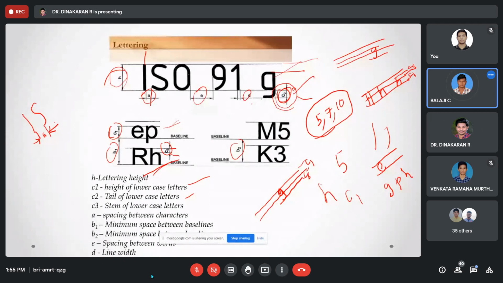Yes, sir. Balaji, for what purpose do we need to use C2? Tail of a lowercase letter, sir. Okay. C3? Stem. Okay.